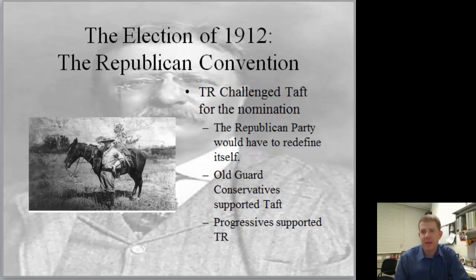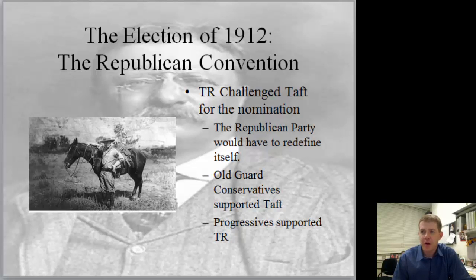But he lives up to it. In 1908, he doesn't run. He actually goes off. He goes hunting in Africa. He disappears for a while, kind of lives the cowboy lifestyle. But he doesn't like what's happening at home under the presidency of his hand-picked successor, William Howard Taft. And so when he comes back in 1912, he decides to challenge Taft for the Republican nomination. He wants to be president again.